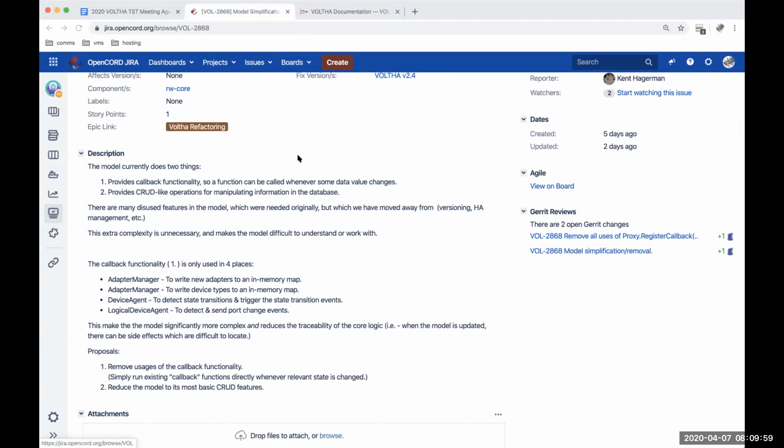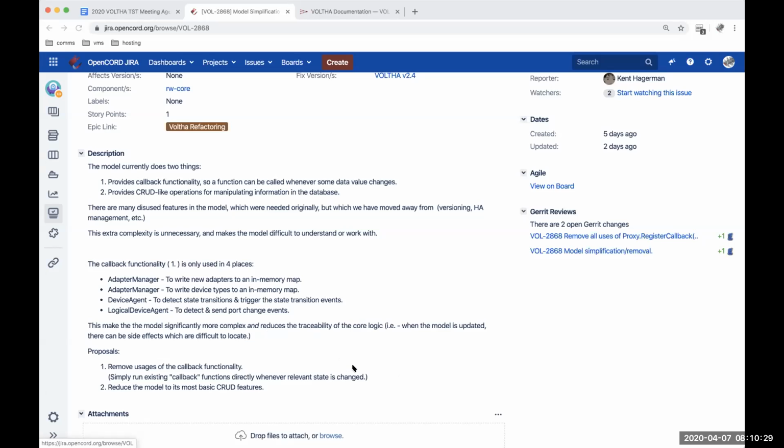So not just like, a device was updated, but like device state was updated, or this particular field was updated, and be able to get a callback for that. And then the other thing the model was being used for, and is its primary purpose, is to write to the database, read from the database. It is the route from the VOLTHA core through to the database.